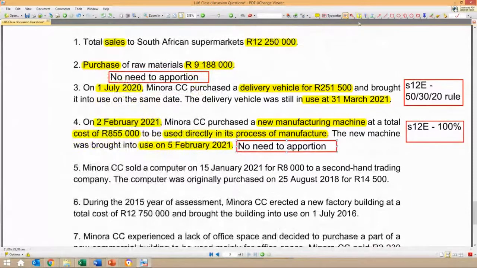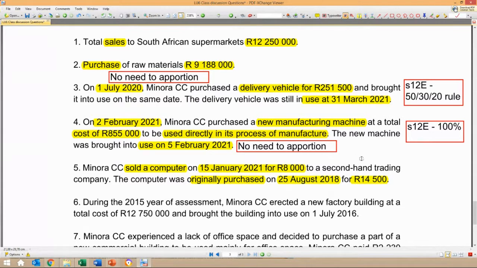Okay, let's move on to point number 5, and then we'll go populate point 3 to 5 on our Excel. We sold a computer on 15 January for 8,000 to a second-hand trading company, and we originally purchased it on 25th of August 2018 for 14,500. Okay, so now what we have to do is we have to go work out,